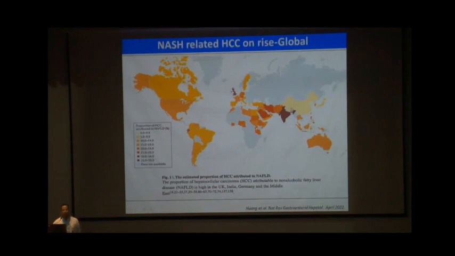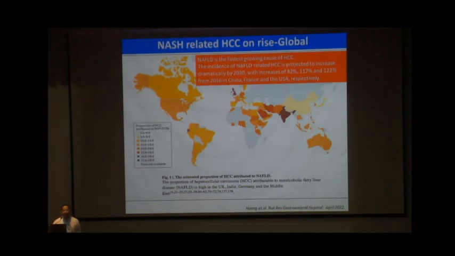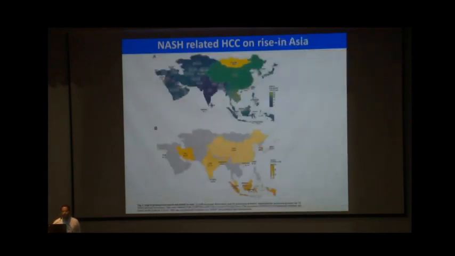So NASH-related HCC is rising, and at the same time, in India we are getting the challenge because of this HCC related to the NAFLD spectrum. And if you see Asia, similarly we are struggling in most of the parts, and Asia and India are the lead for HCC, particularly as far as NASH as the etiology is concerned. But you can see